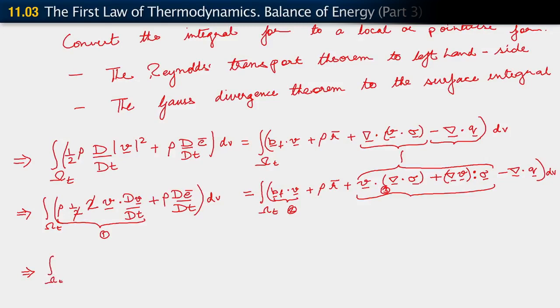We have the integral over omega t, rho dv/dt, the material time derivative of a spatial quantity, minus B f, minus divergence of sigma, all of that dotted with the velocity v, dv. The remaining terms then in our balance of energy are